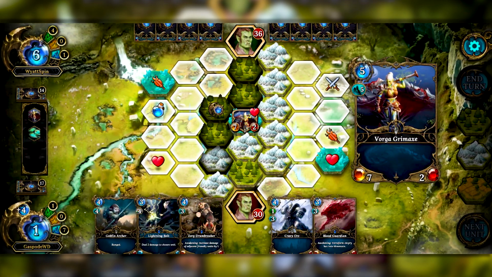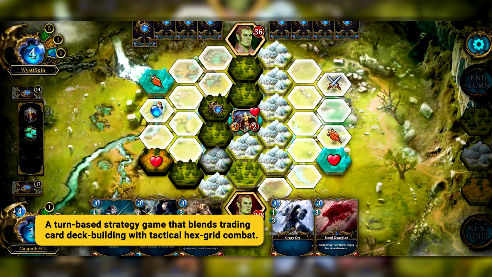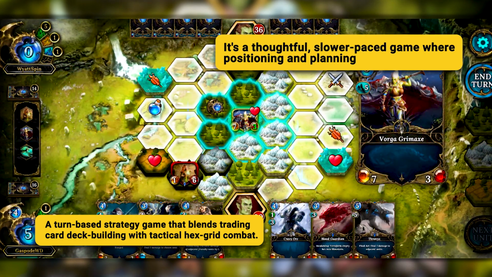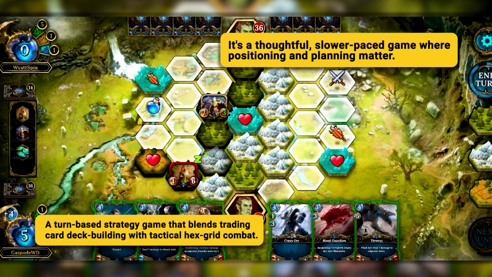So what happens when you mash chess, Magic the Gathering and a hex board? You get Legends of Elysium, a tactical turn-based deck builder where every move counts and every misstep can cost you the crown. Each week we pick one new game, rally the community, test it and break down what worked and